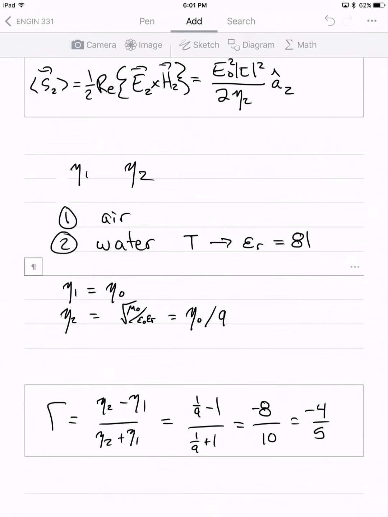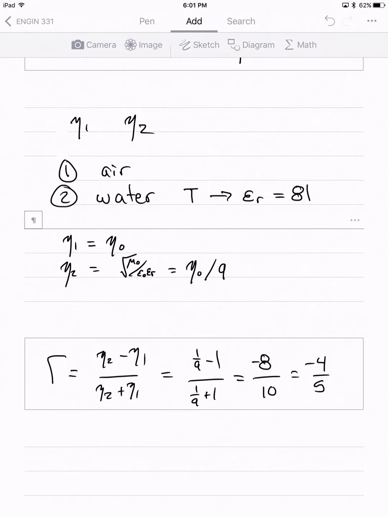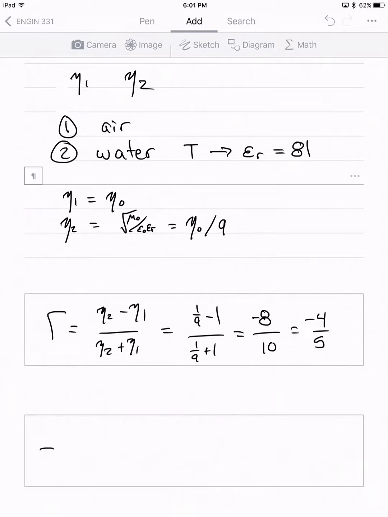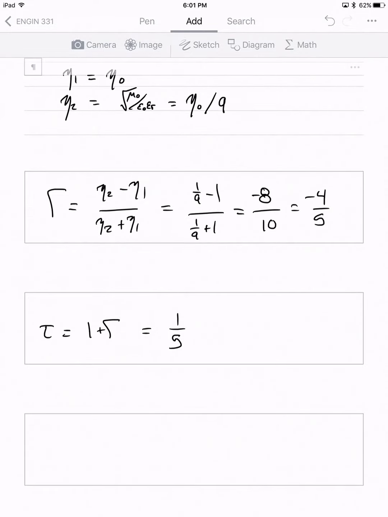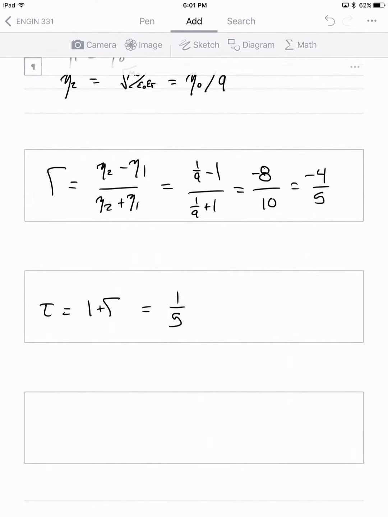So the electric field amplitude is flipped in sign. We get a phase flip there. And the reflected amplitude is 4/5 of the incident amplitude. The transmission coefficient, tau, is equal to 1 plus gamma, which will give us 1/5. And if we look at the power in that situation, then we have the power, the Poynting vector in medium 1